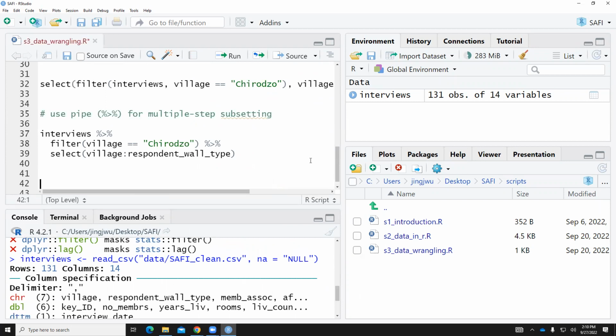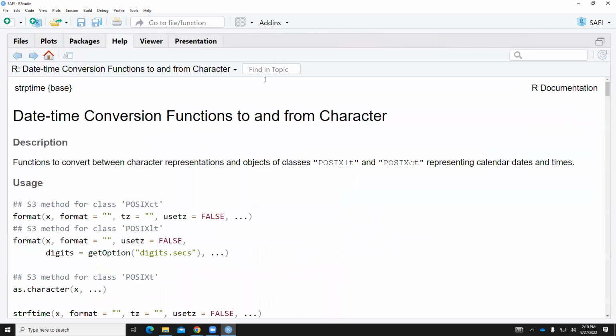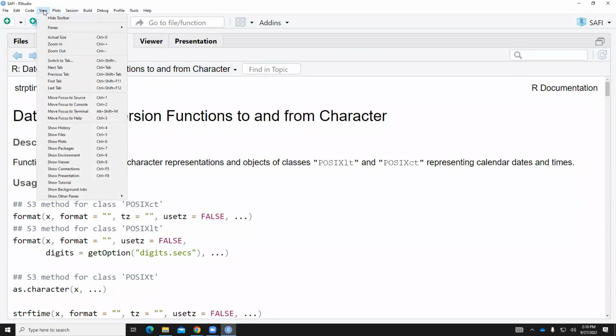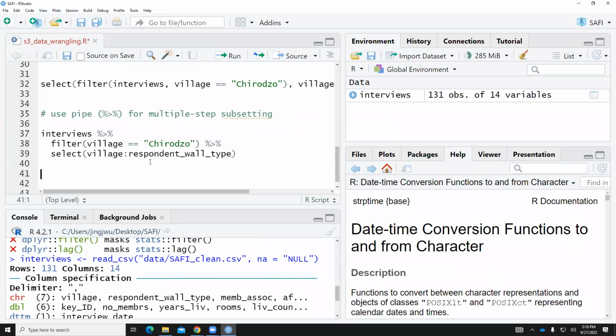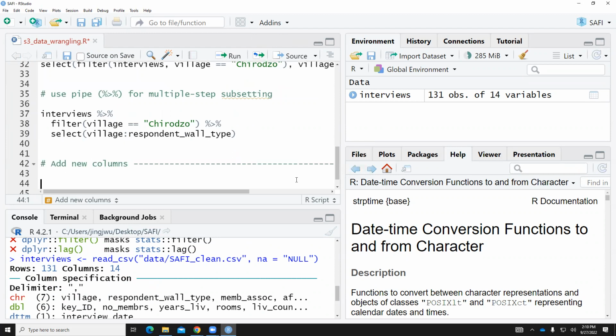Here, let's say we create a new session. Yes, I pressed the wrong button. So we can create a new session, use Control Shift R. We just say add new columns. And then